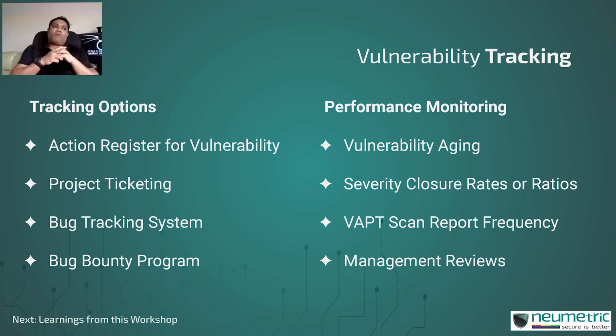Now, one of the ways of judging the inclination of the engineering team in remediating those vulnerabilities is, what are they interested in closing? Are they only focusing on the critical and high ones? Are they ignoring the medium and low and informational ones? If they are doing that, then you could indicate what exactly is the ratio of closure of these various severity vulnerabilities. If your engineering team is really serious about security, they may take longer to close or remediate the medium and the low ones, but they should not ignore them indefinitely.